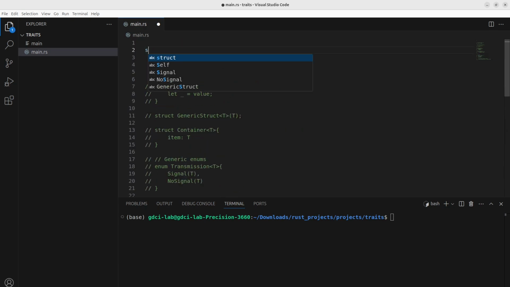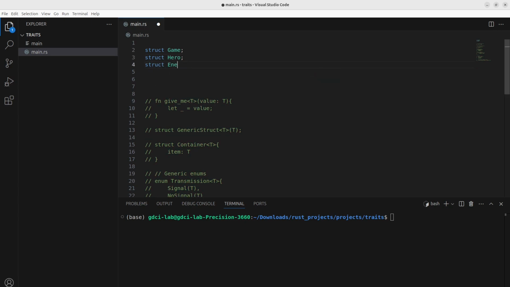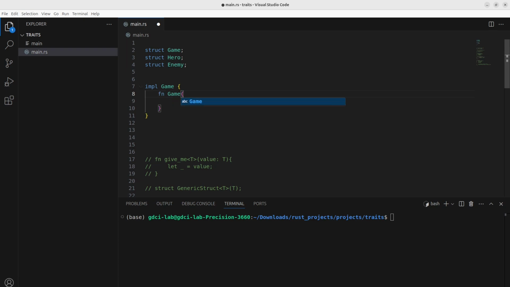Okay, let's imagine a game, and we are declaring these unit structs: Game, struct Hero. We might have a hero in the game, and the struct maybe Enemy. Makes sense. So now we want to implement a generic function. We want to implement one of the structs, at least Game, and we want to implement Game as the struct. And because we want to implement a generic method or function,